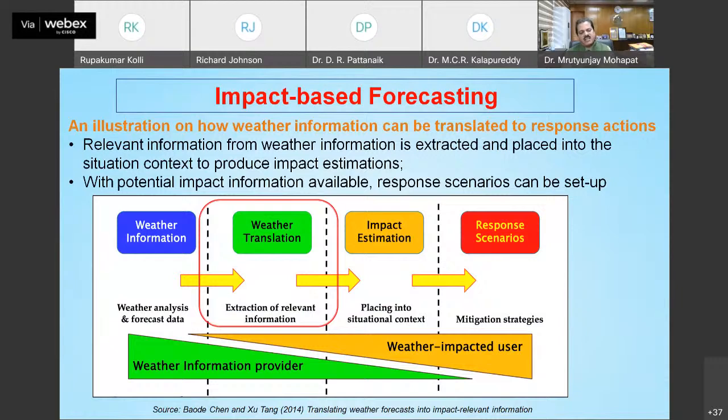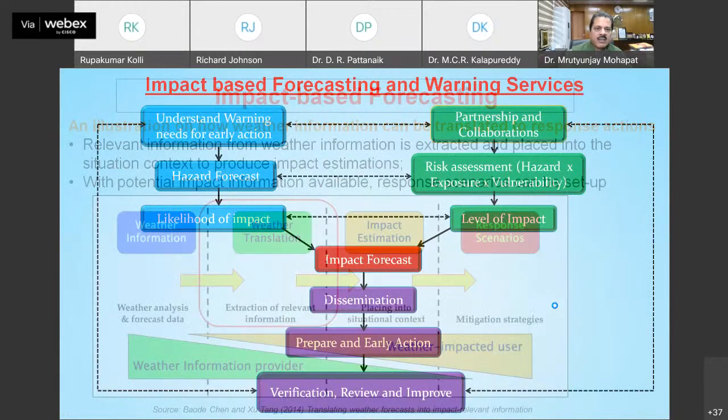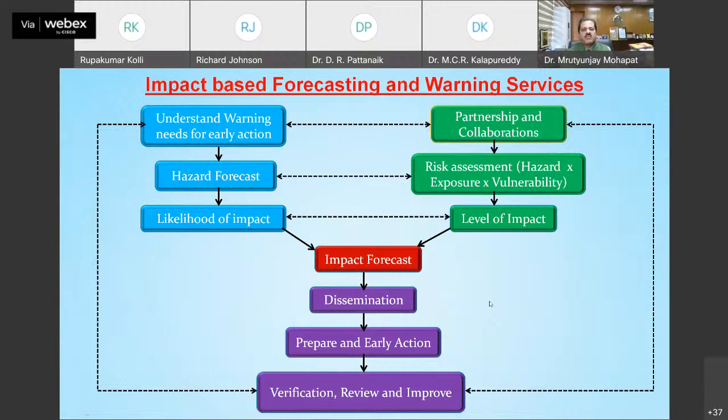As weather forecasters, we might feel that we have a lot of information which will be useful to the user, but the user feels they have got a lot of information which is not linked to the weather at present. Therefore, these two wedges of green and orange have to merge with each other so that they can work together, becoming a rectangle. So what we need is a collaboration mechanism among the weather forecasters and the risk managers to have a realistic risk-based warning. In this background, the India Meteorological Department has taken up steps for implementation of impact-based forecast